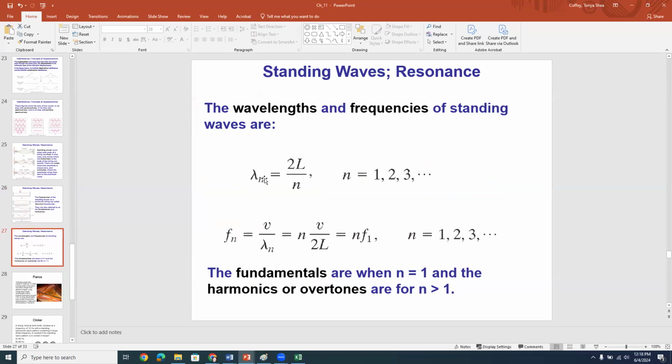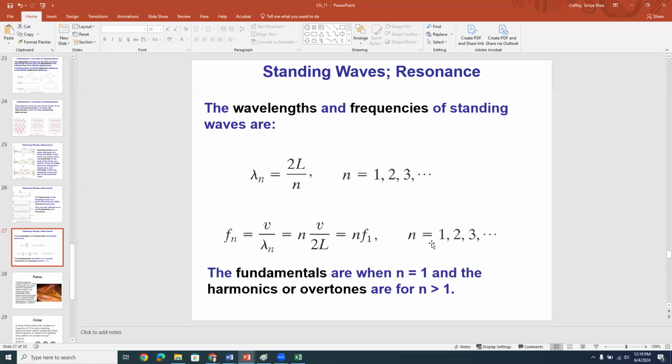So let's call our fundamental n equal to 1, and then the harmonics going up from there, n equal to 1, n equal to 2, n equal to 3, and so on and so forth, okay? So for your first harmonic, the wavelength would be 2L divided by 1, and then for the second harmonic, it would be 2L divided by 2, so on and so forth, right? So when we put that into an equation, if we call the harmonic n, then the wavelength would be 2L over